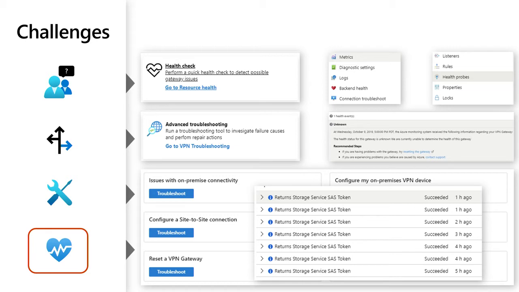So based on this, we took the best practices from what you have been following and what CSS has been doing, combined that with the data that you have access to in Azure Monitor in your subscription, and combined that with the tools that are available to you within Azure Monitor today. We are bringing them together into one package and making it available for all Azure users. So today at Ignite, I'm thrilled to announce the public preview of Network Insights, a cross-subscription, cross-region, multi-resource network health console.